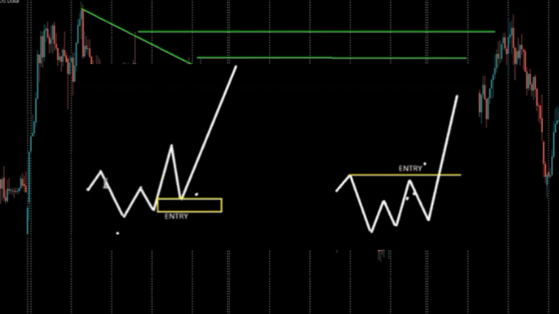You can notice it created a high and another low, and price moved to break the internal structure. As the internal structure is broken, you look for the shift in market structure, which is this, and you make your entry. This shift after the break of internal structure is used as the entry,